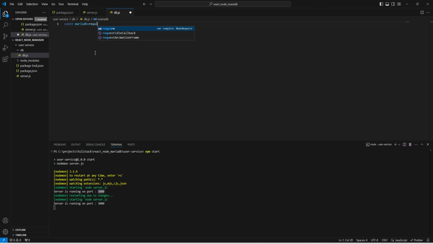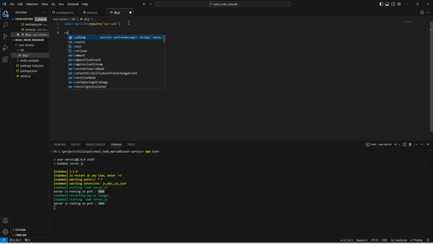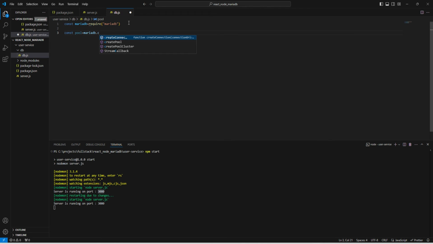Next we can define one constant for pool, and we can add mariadb.createPool, inside which we need to mention